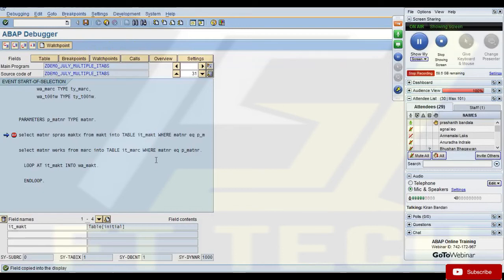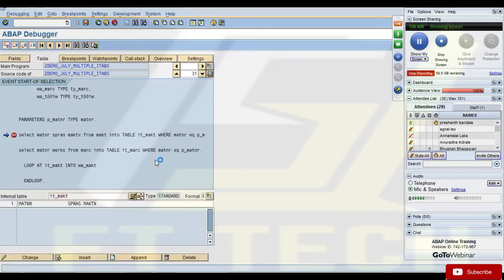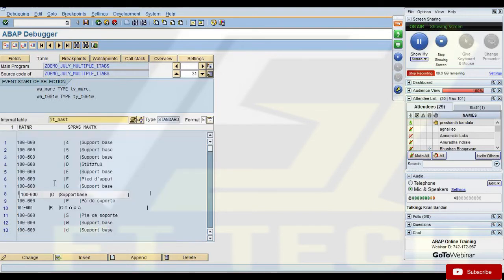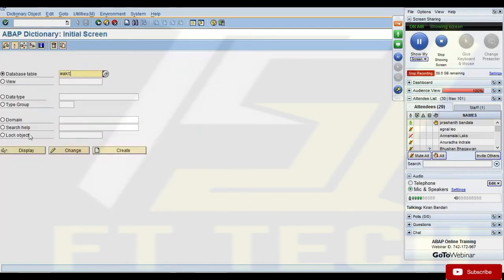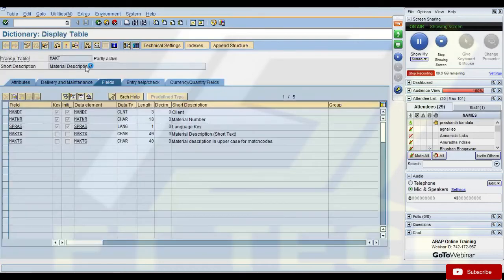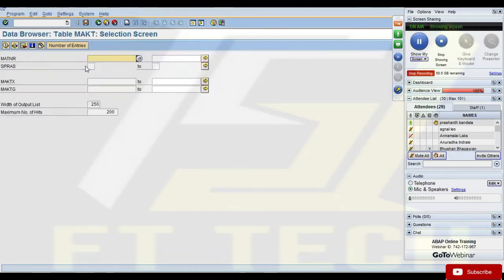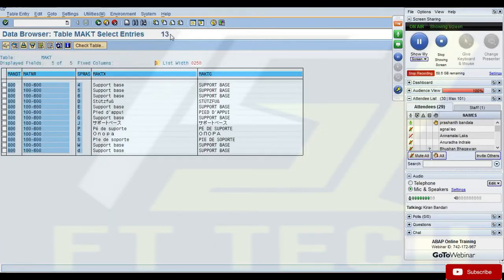is bringing all the data in all the languages, so I'll have more than one record. Let's restrict this by language. In it_makt I have all the data, all the 13 records. If I open this database table to show you, there are 13 records in this database table for this material.